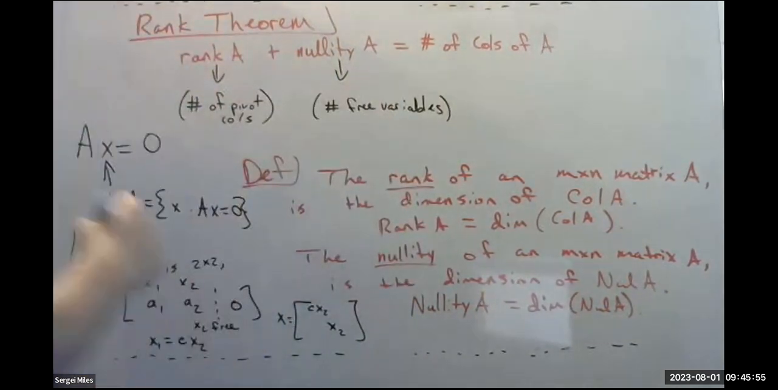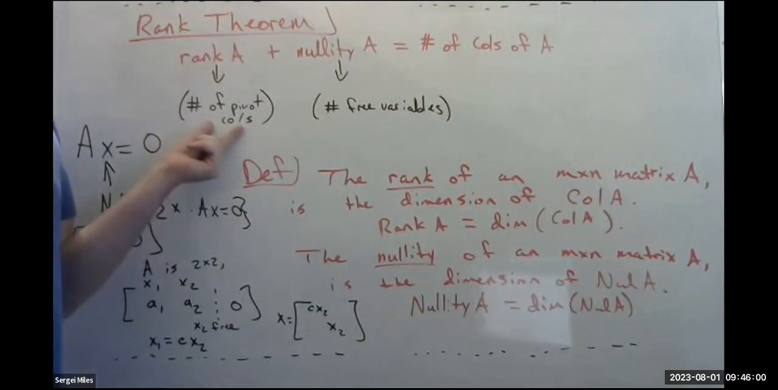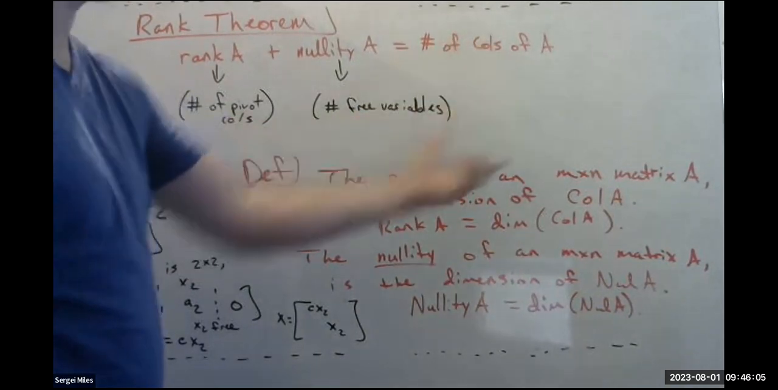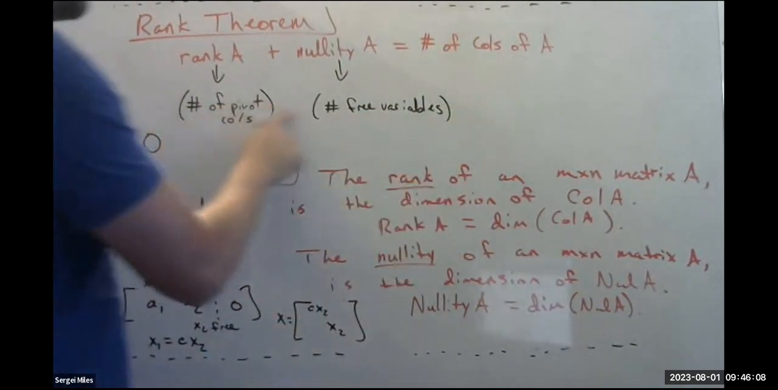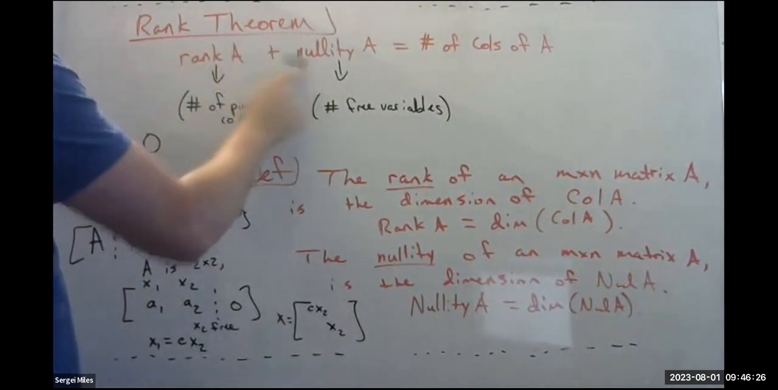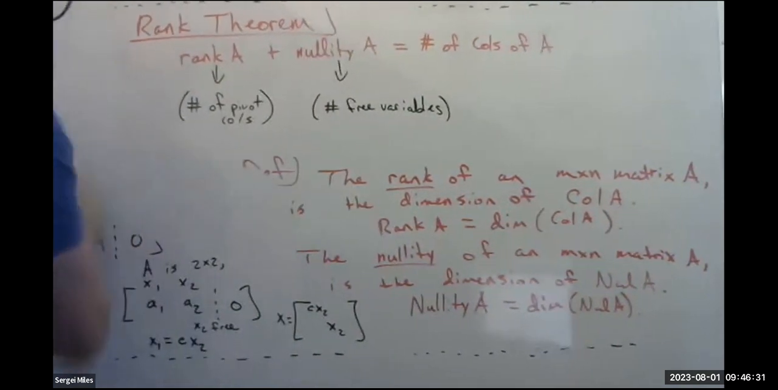Well, these two things together is the total number of columns, right? If all of your columns have a pivot, that means there are no free variables. And so you have all your columns, right? That would be all the columns plus 0 is all the columns, right? So this gives a very nice breakdown for how to find the rank, how to find the nullity, but it also gives us a relationship of if I tell you one of these things, you can use this equation to find the other. For example,